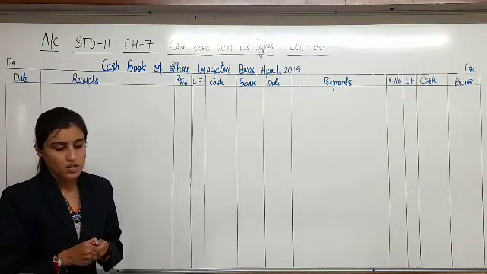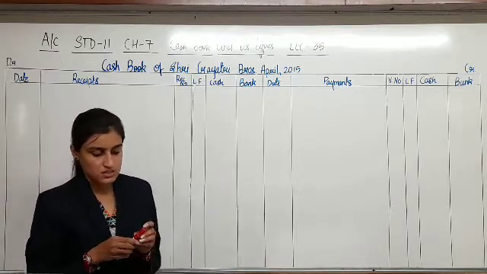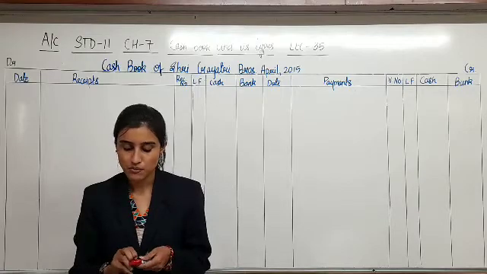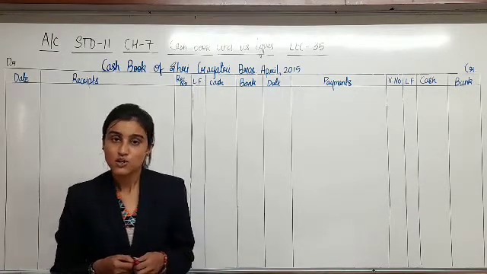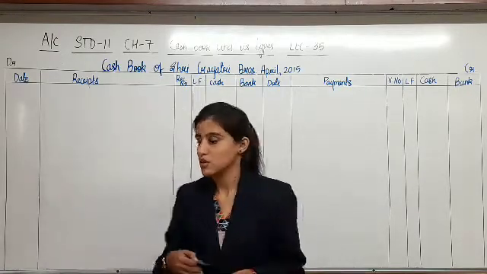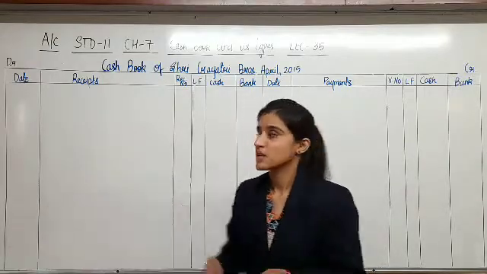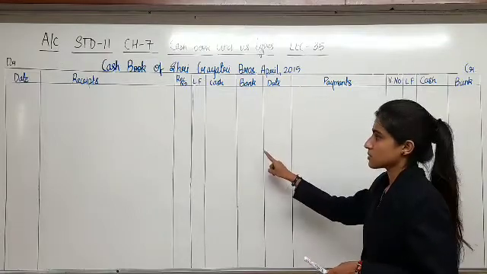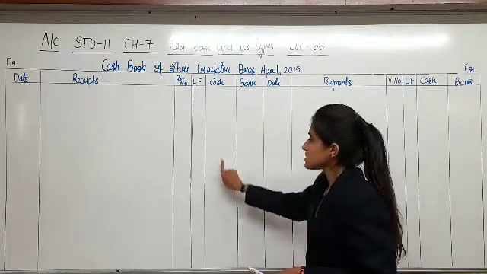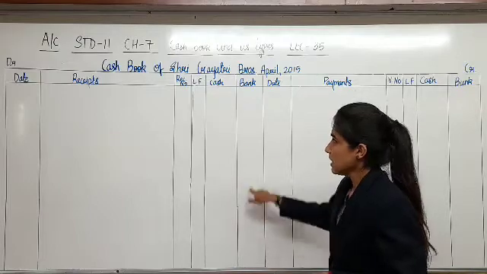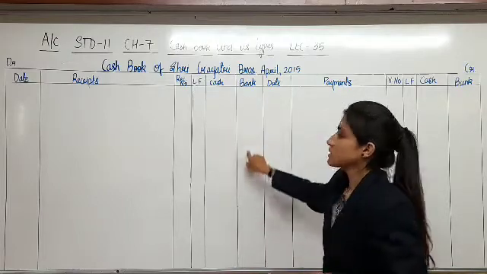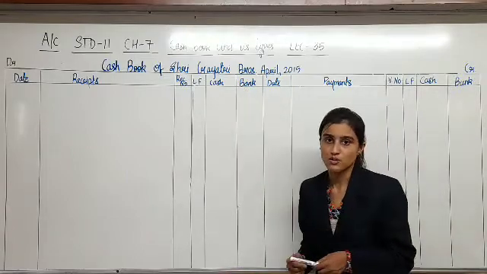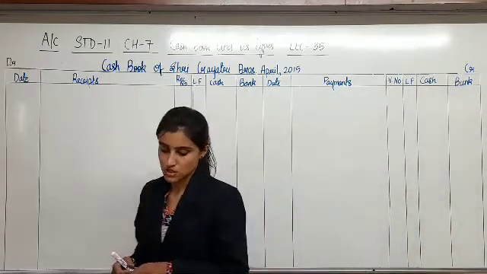Opening cash balance rupees 6,000 and opening bank balance rupees 5,000. See, here you are having two columns of amount each side. So you will be writing the opening balance for cash, even for bank. This is the cash balance, this is the bank balance. Cash on hand in business, bank balance in business bank account. This is business bank account, not your savings account. So please don't get confused in this.